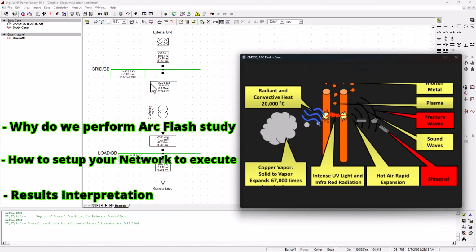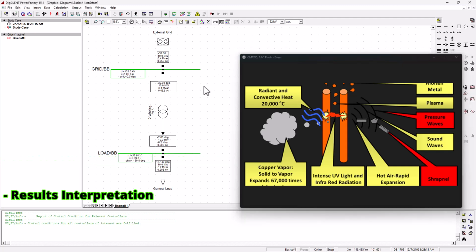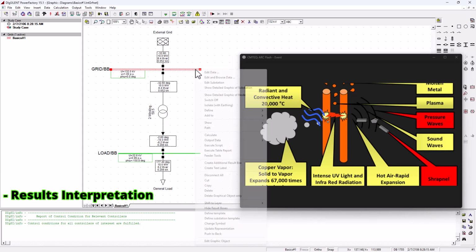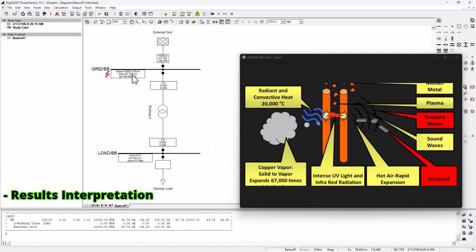Now, let's answer our first question of the day. Why do we perform an arc flash analysis? Now, to answer that, let's first run a quick short circuit analysis on our bus bar here. There we go. Now, we can see that we've got about 43.7 kiloamps of short circuit current on this bus